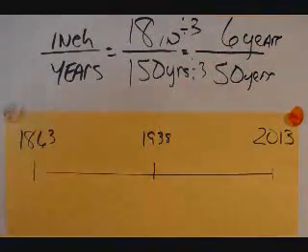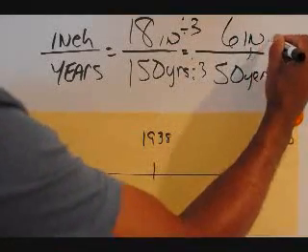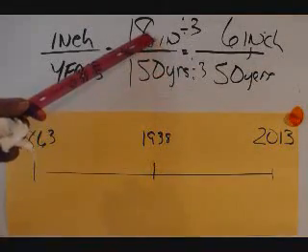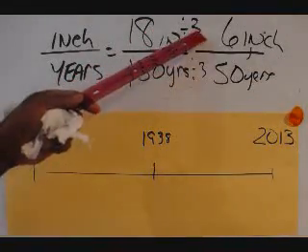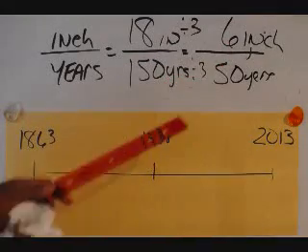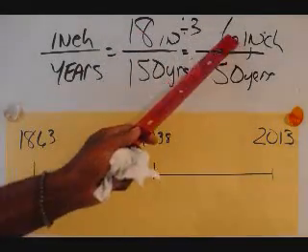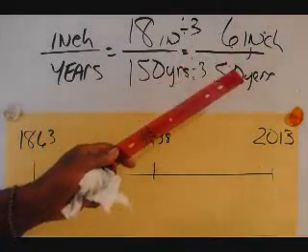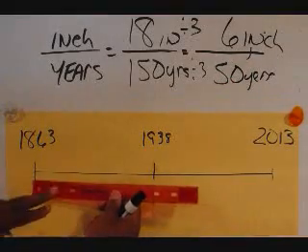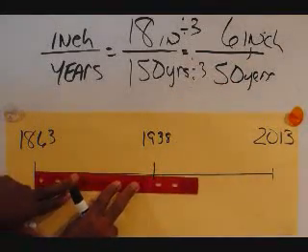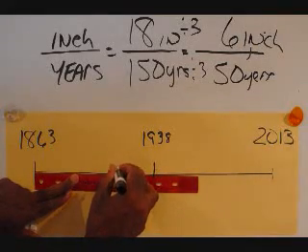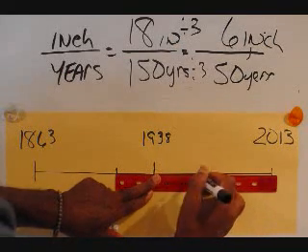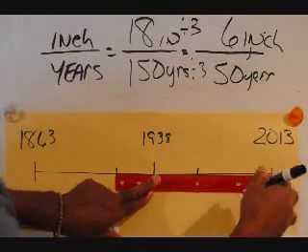So every 6 inches is 50 years. Students should know that when they divide both the numerator and denominator by the same number, we have what's called an equivalent fraction. So if 18 inches is 150 years, then 6 inches must represent 50 years. So if I come from here to here and measure 6 inches, and if I come from here to here and measure 6 inches, then I have